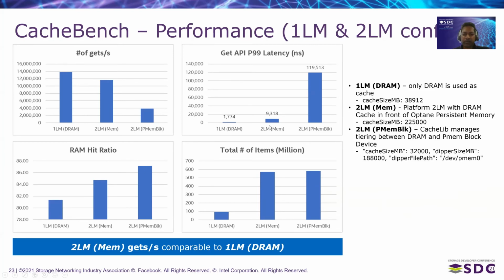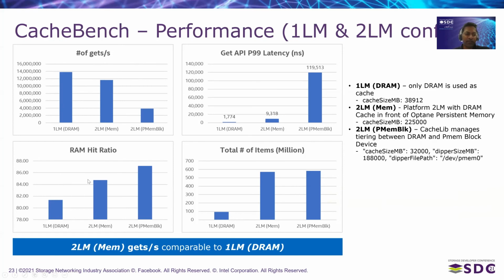The latency, obviously the DRAM gives the best possible latency. The 2LM memory is somewhat higher, which is expected because whenever there is a miss, it is accessing the PMEM data and promoting it to the cache and then actually servicing that from the cache. So we expect certain delay and lag. Block has the highest latency primarily because you have the block IO overhead and kernel driver overhead on top of that.